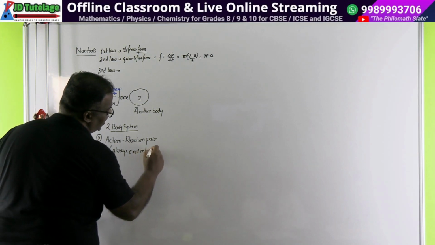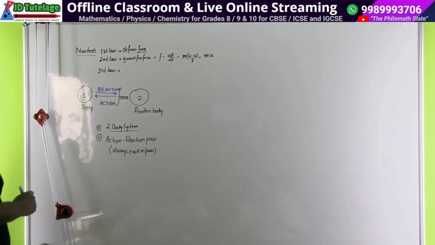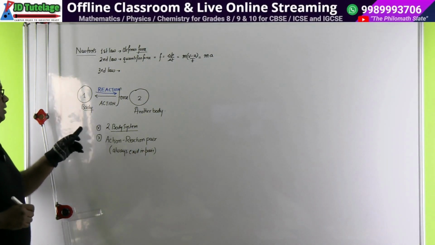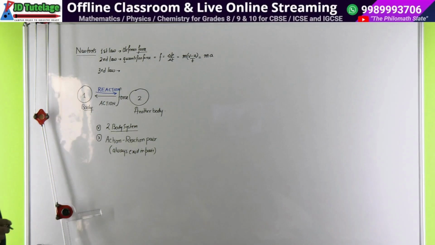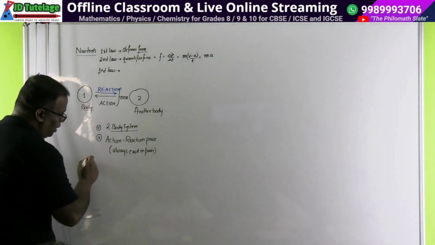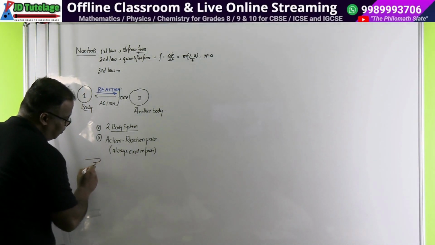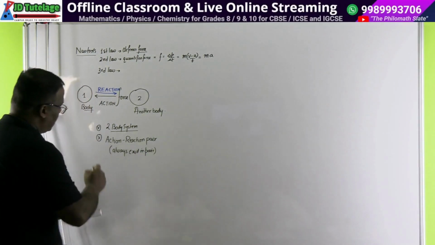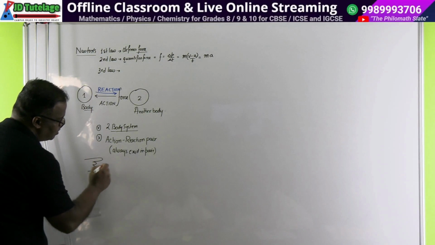Whether you are able to identify or not, that's a different thing. They will always exist in pair, right? Two body system. Action reaction will be a pair, and the most critical one, which will help you identify whether it's an action reaction or not, is something like this, that we say